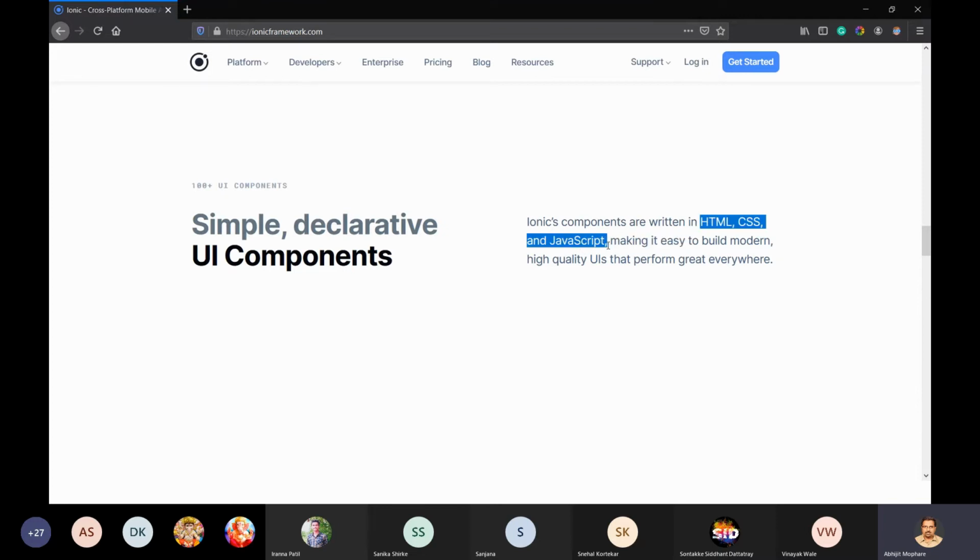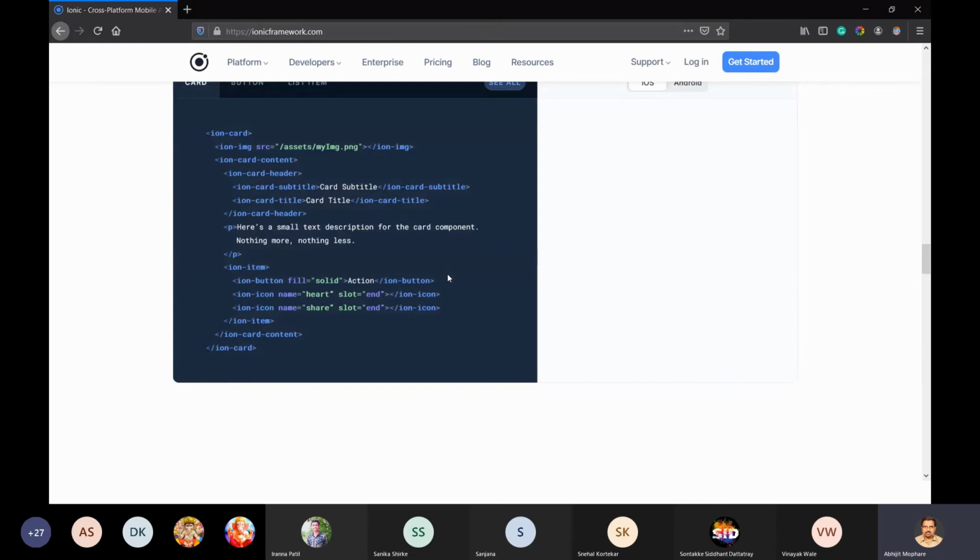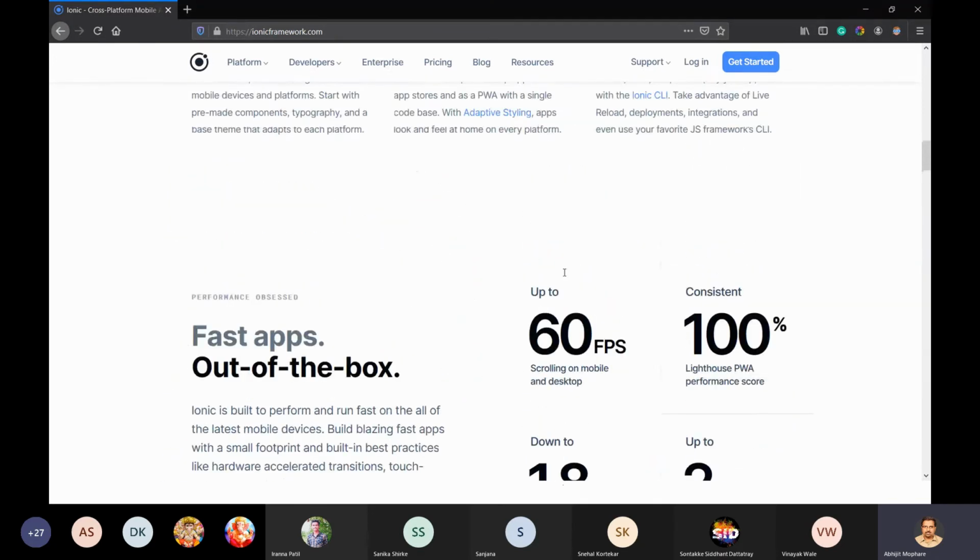Unless you understand these 3 technologies, you will not be able to work with these components. If you want to tweak or change some behavior or the look and feel of these components, you have to go and change some of the code written for that particular component. And these are all open source projects, which means the source code is available. So this is one of the technologies.